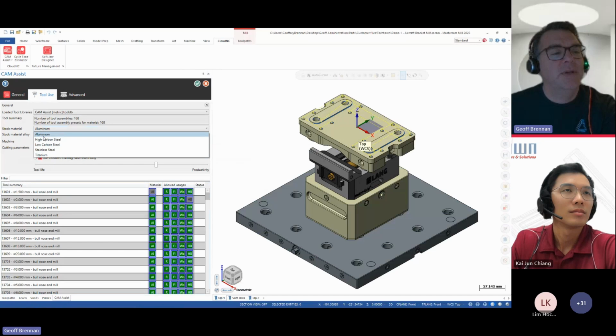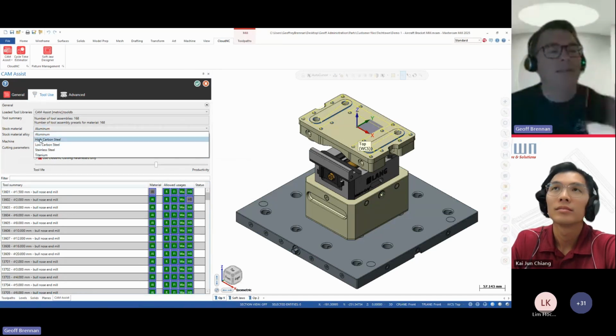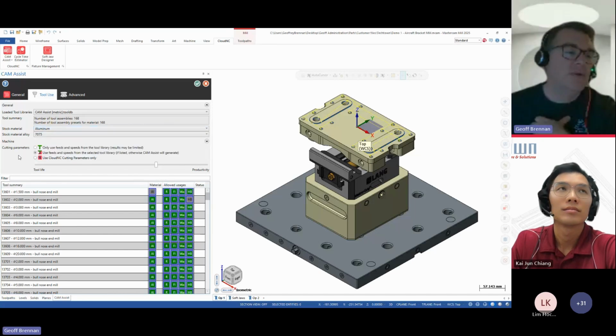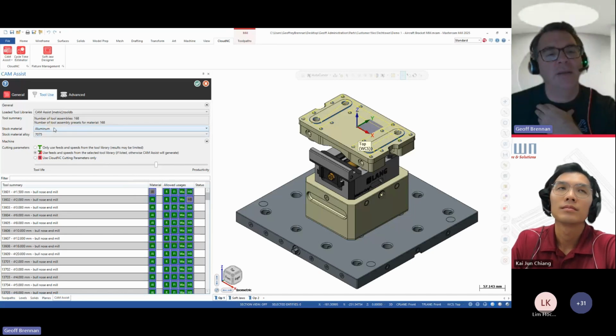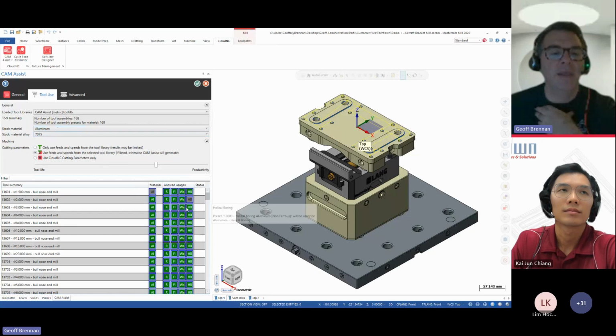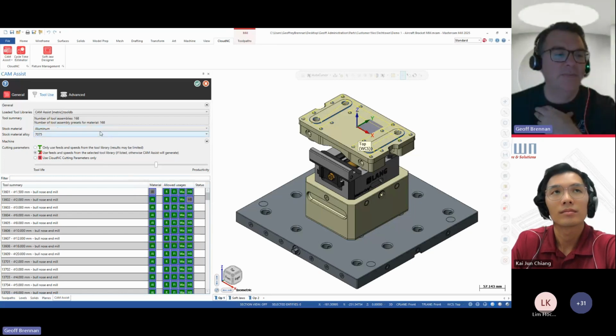So these materials, and then on the next release as well, we're going to be taking the way this list is coming in, and actually reversing it, so it'll be coming from the tool DB file itself and reading the materials that are in those columns itself. So it'll be a lot more open in the future. Currently, we have some customers that are doing things like if they're machining plastics, they will use the aluminum settings and override them a little bit to their own needs and specifications.